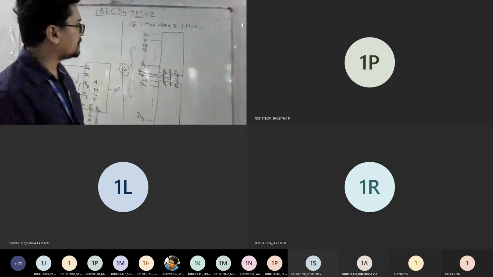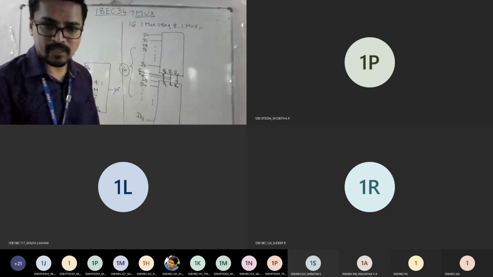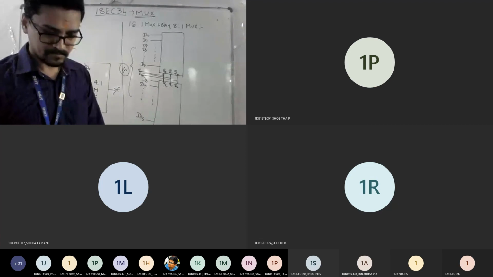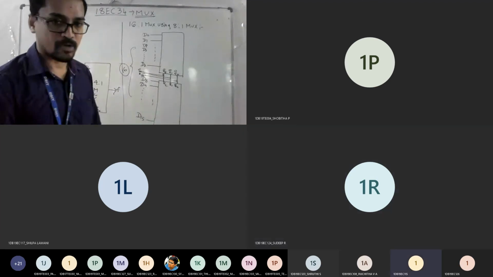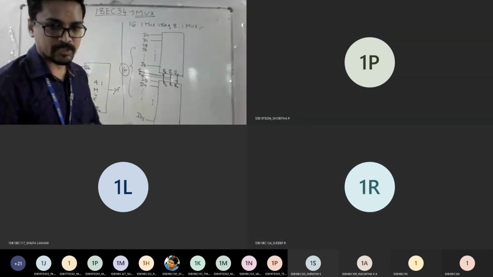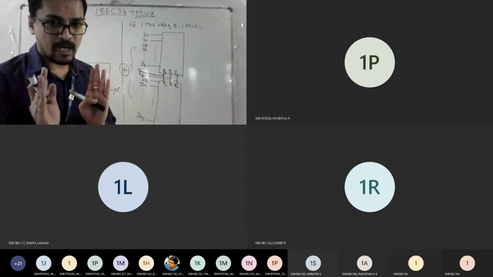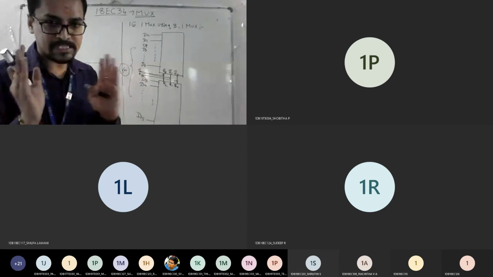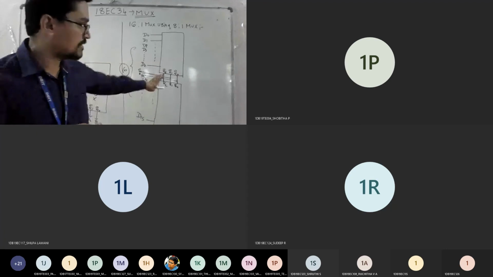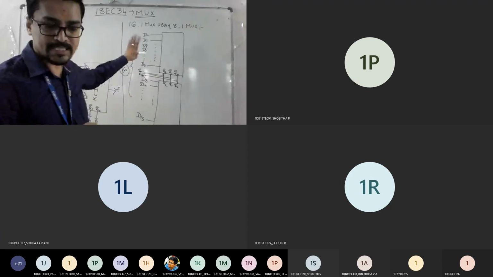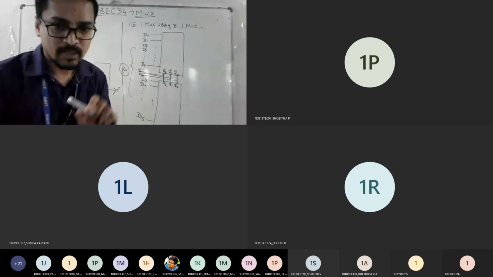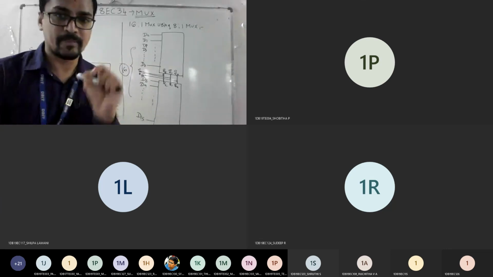Now tell me, if it is a 16:1 mux, how many selection lines should be there? 4, sir. But how many have we mentioned here? 3. So now the concept is simple. The design should be 16:1 only, but using 8:1. Even if you use 8:1, 3 selection pins are there. To make this a 16:1, I should have one more selection pin, correct? That is what we will do: control it using the enable pin.